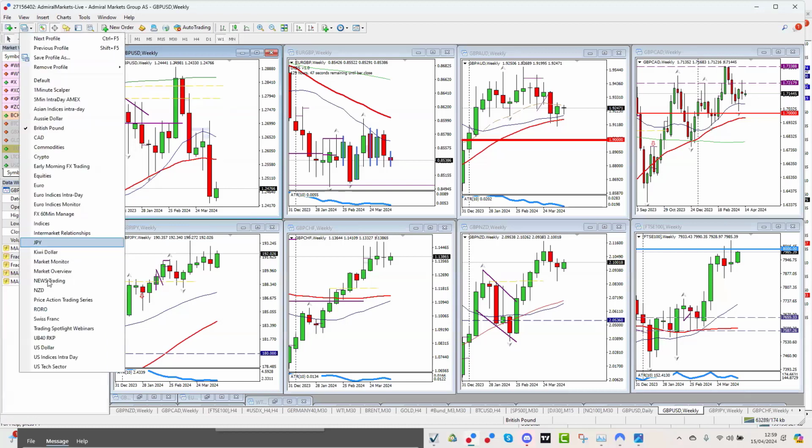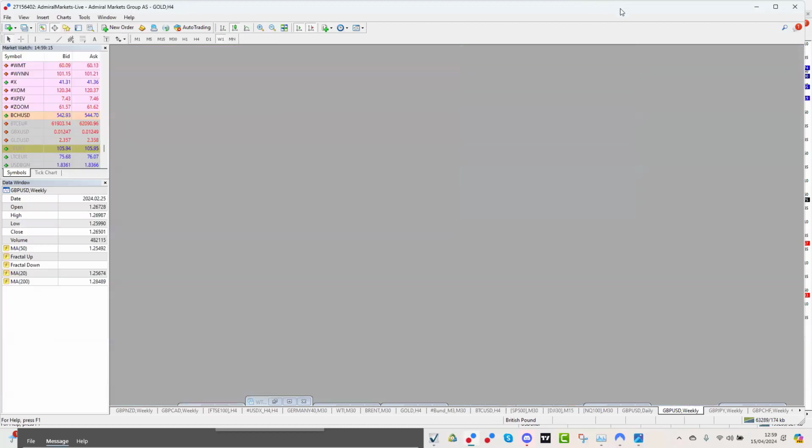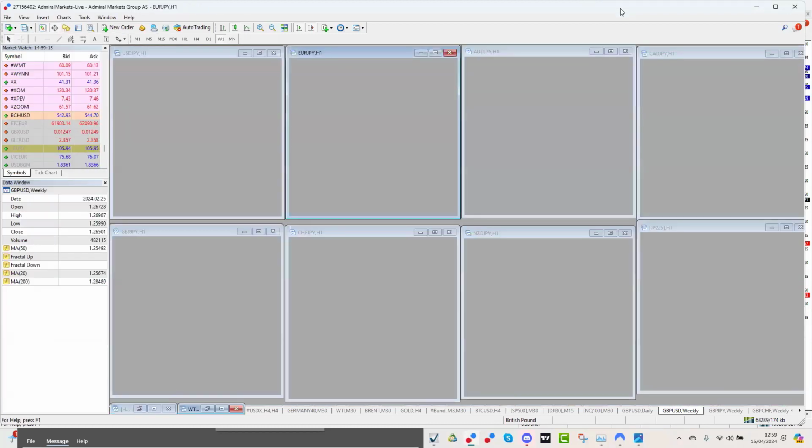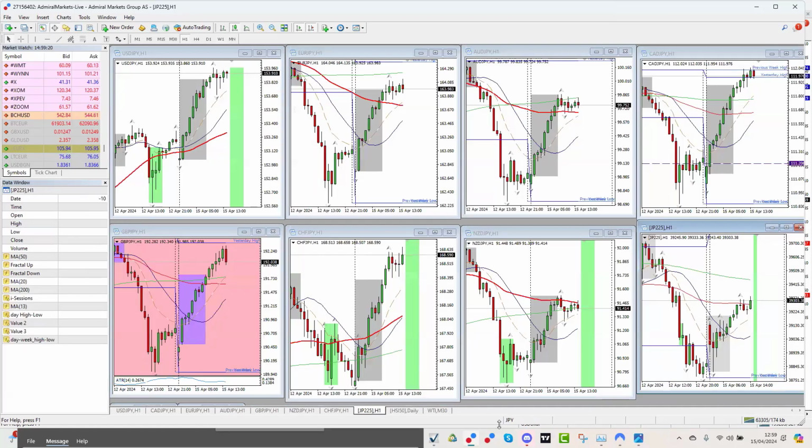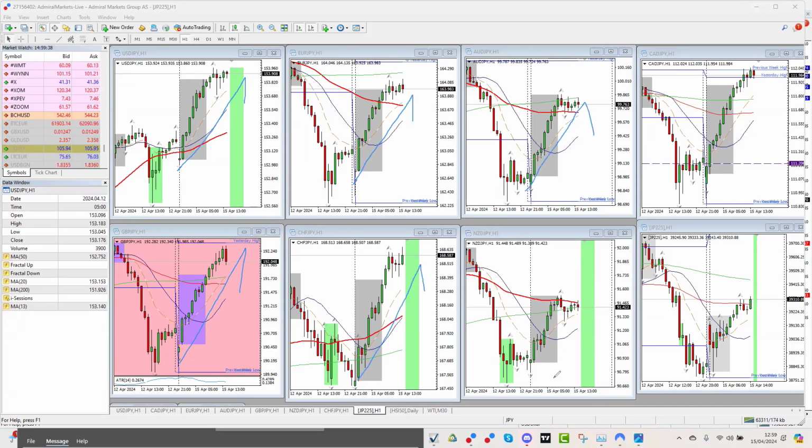Okay, let's very quickly look at Japanese yen, because I want to show you a teaching example for traders. This is my yen profile, and I've got them all across on the hourly chart, I do apologize. What I want you to see is how that relief rally has taken place overnight. Just look at that. Bosh. It looked better on the 30-minute chart, but hopefully you can get the idea.